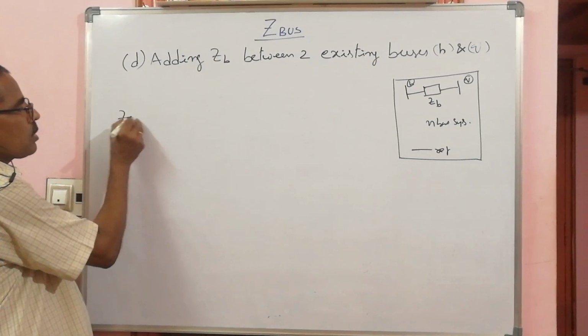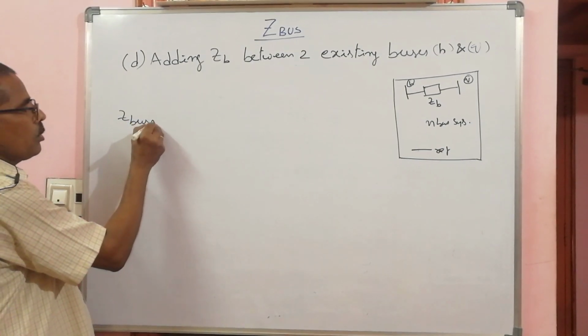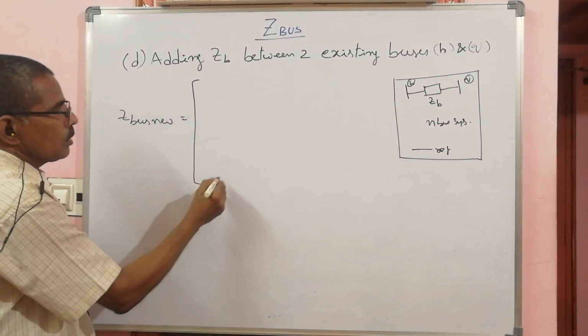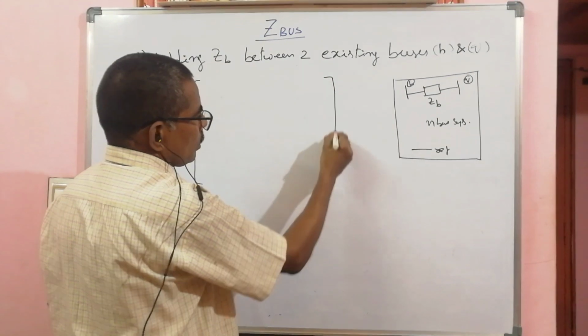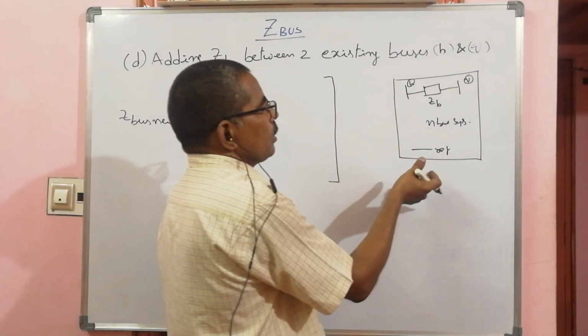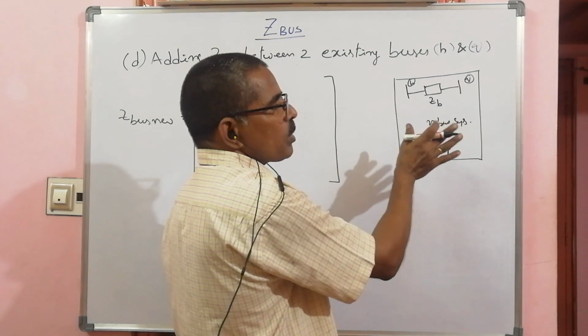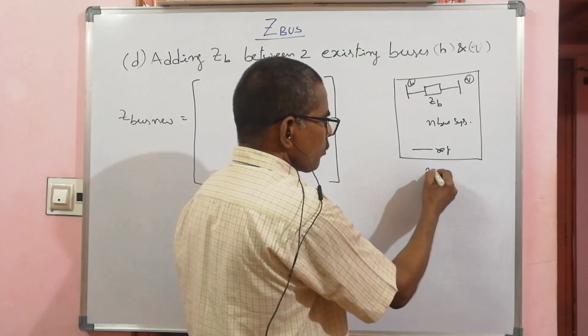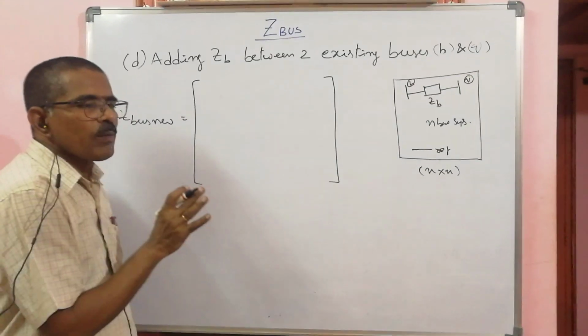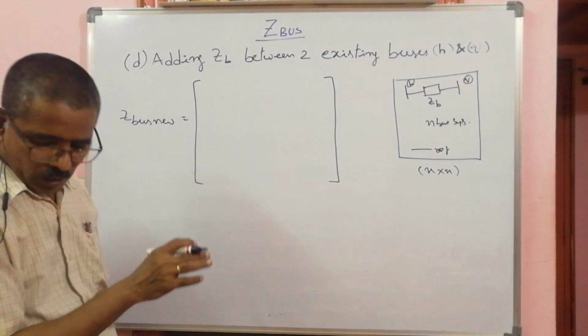Now Z bus new is, so here also you can observe you are not adding new buses, so the dimension of the system is not going to be changed. It is going to be ultimately n by n only. Okay, but